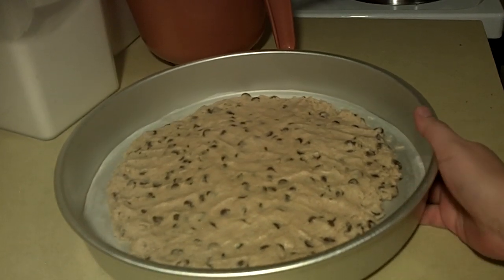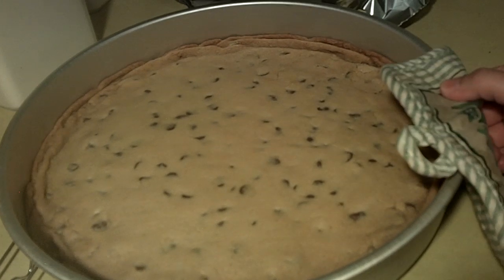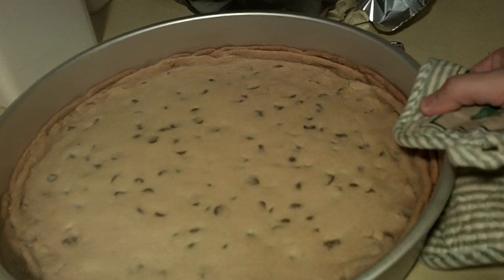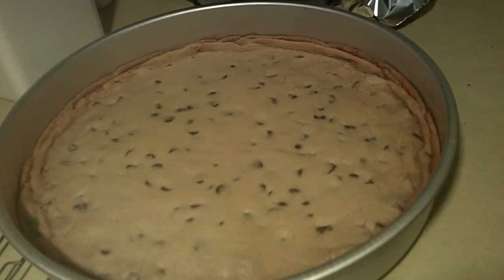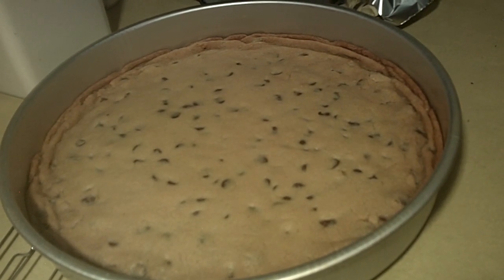So we're going to go ahead and bake this up, and I'll bring you guys back. Okay guys, so that baked at 350 for about 15 minutes. You want to take it out once the edges are lightly golden brown and the center is almost set. It's just going to jiggle just a bit. We're going to let that cool for about 15 minutes on a wire rack, and then we'll take it out